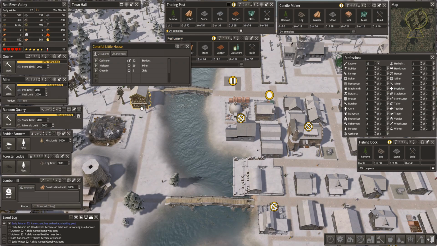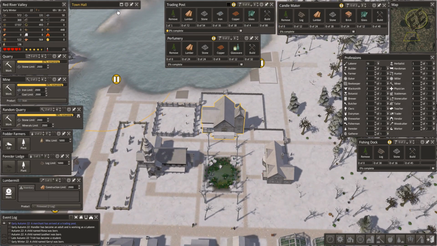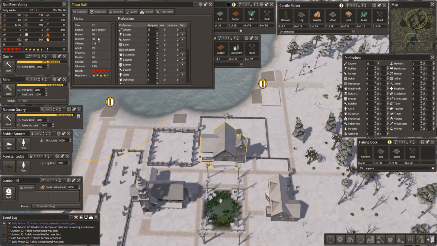I put in a couple of the colonial, the colorful little houses. We are doing okay on the housing situation. Oh yeah, here's my town hall right here. We got 38 families, 36 homes. We will not rush it at the moment